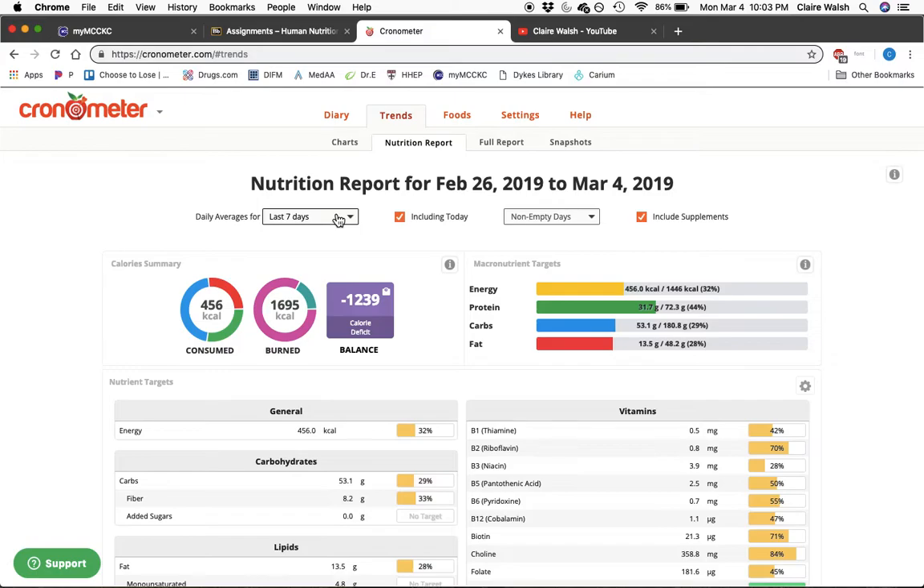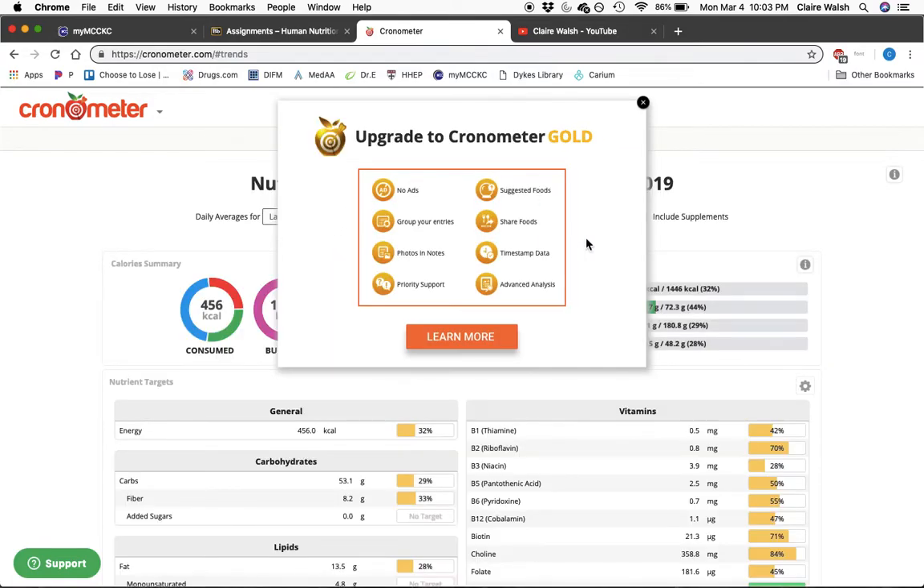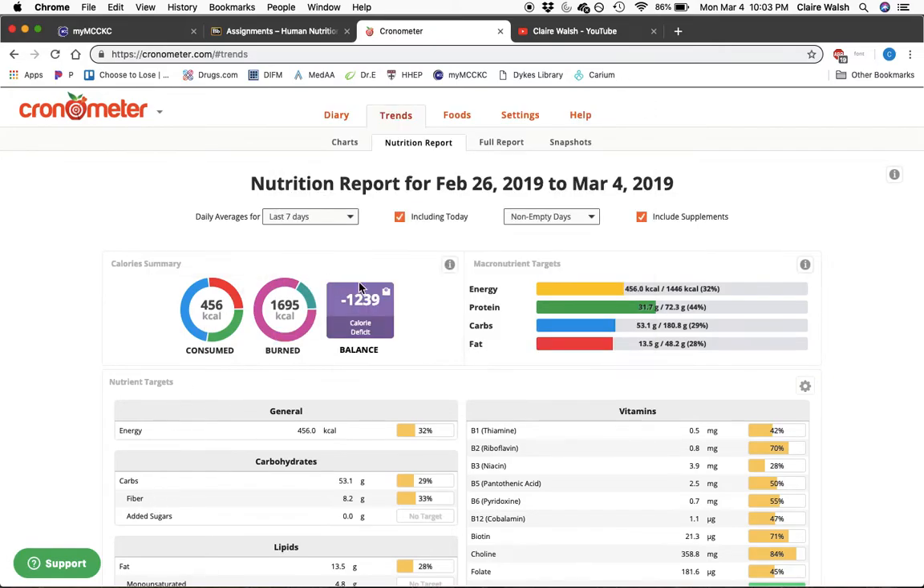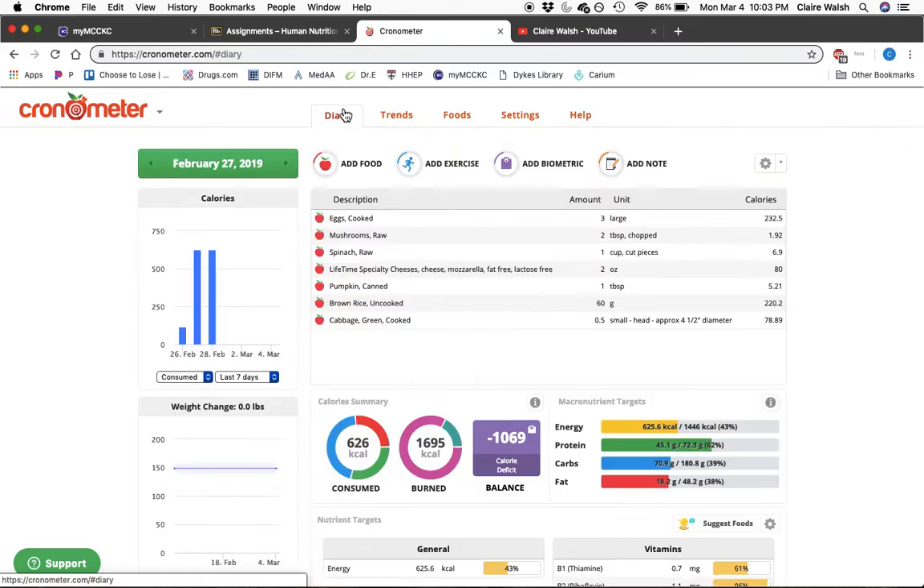There's a couple kind of buggy details about this nutrition report. If you don't purchase the paid version of the software, which again, you do not have to do for this class, it just requires a little bit of manipulating. If you don't have the paid version of the software, you can only get daily averages for over the last 7 days. Notice when I put over the last 2 weeks, it's going to prompt you to purchase or upgrade the software. So to get around that, if you entered your data on the correct day, you will go to